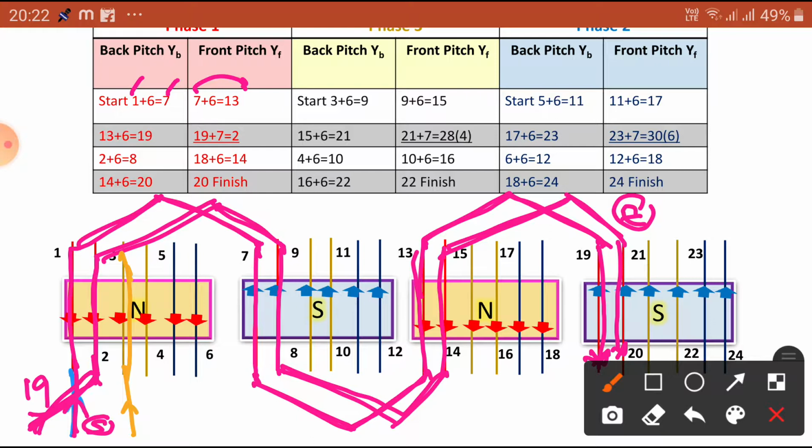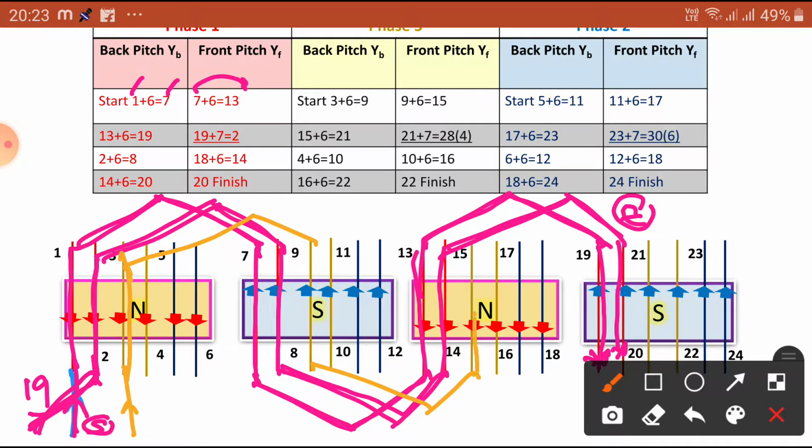So here our window is small. So 3 plus 6 is 9, where is the 9? Here, connect the 9th conductor. 9 plus 6, that is the 15th. So you are going to connect the 15th conductor,